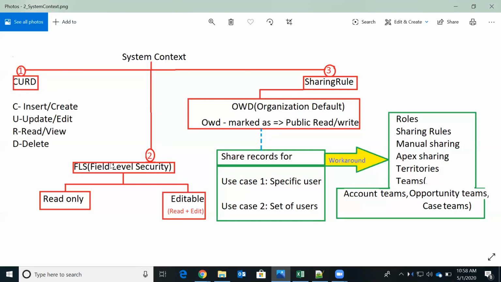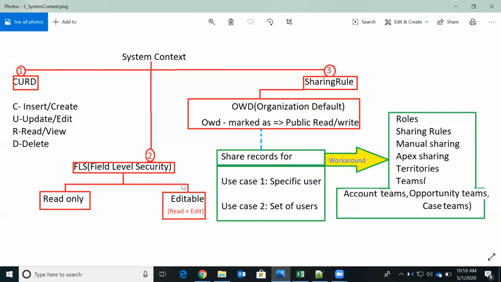Point two is about FLS. For FLS, we have two parts: read only and editable. When an Apex class is executing in system mode, FLS will be set as editable as the default value.